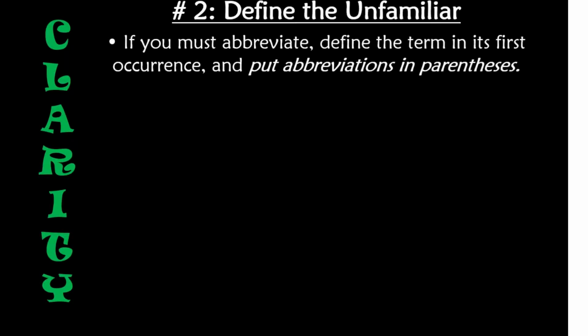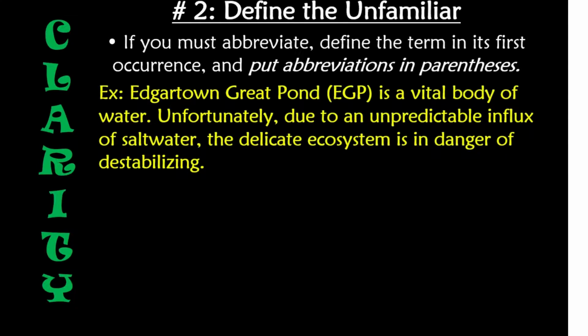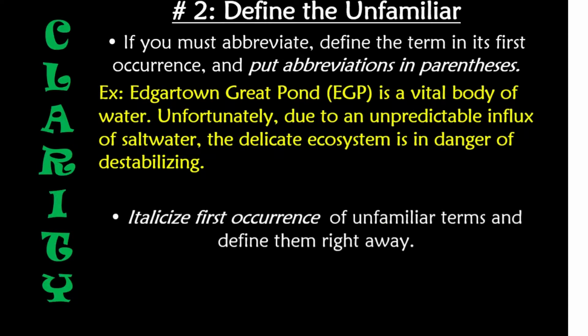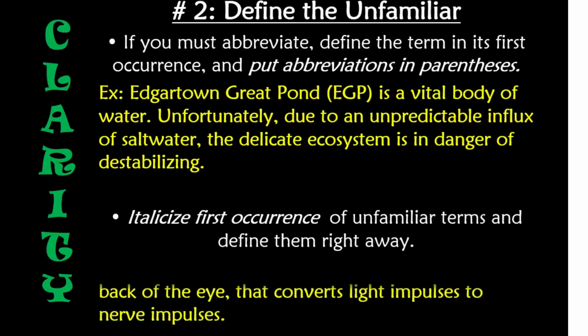Number 2. Define the unfamiliar. If you must abbreviate, define the term in its first occurrence and put abbreviations in parentheses. Example: Italicize first occurrence of unfamiliar terms and define them right away. Example: